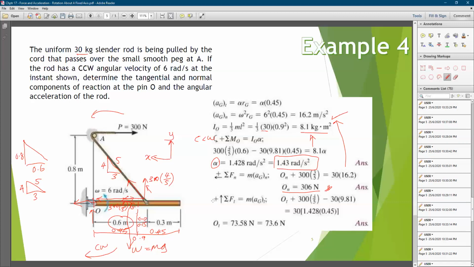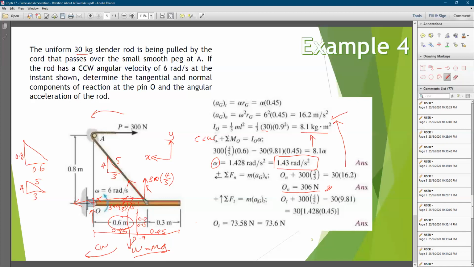And we look into the vertical axis, vertical component of this tangential forces. Then we have OT, which is the tangential reaction forces at point O, which is going up. That's why it is positive. And then we also have this PY here that is also going up, and it is positive. Then don't forget that we also have this weight. Okay, and all that equal to the mass times the